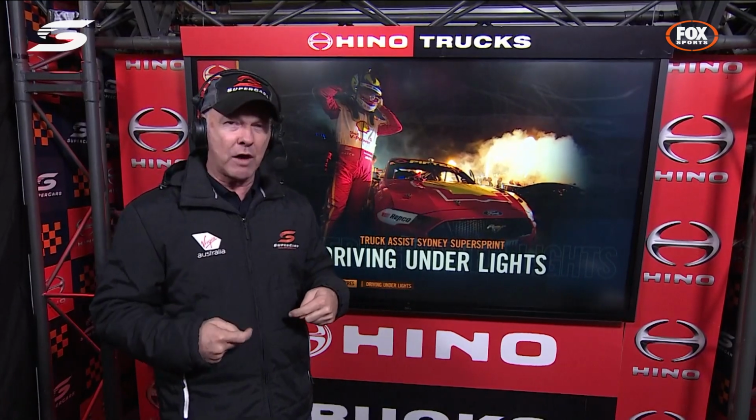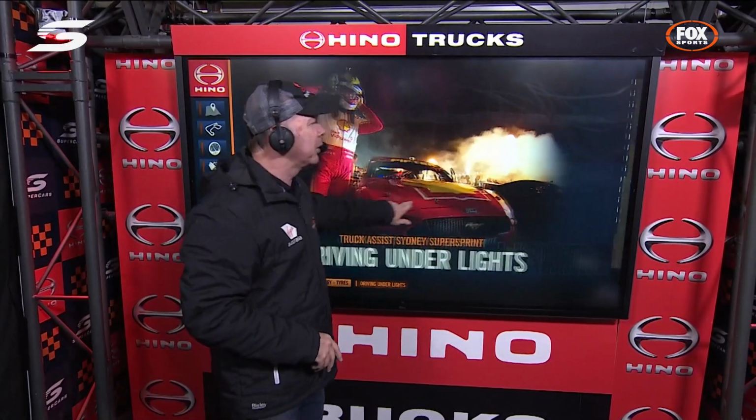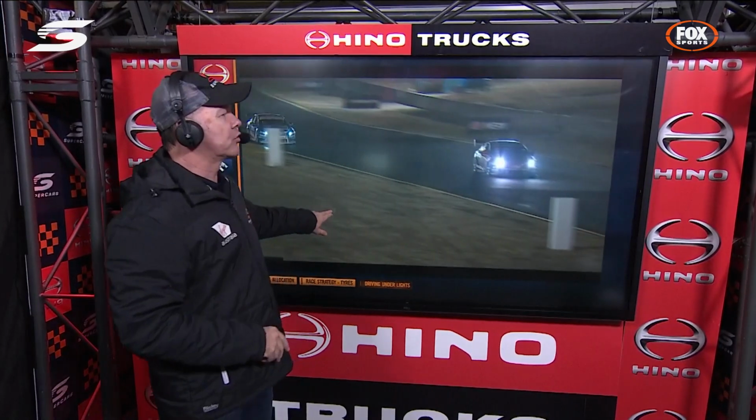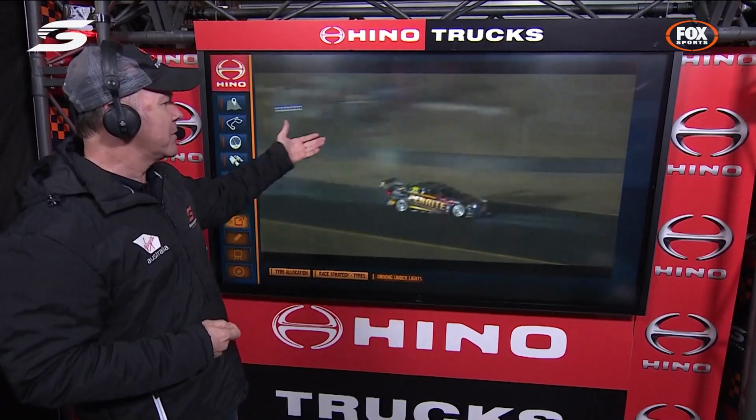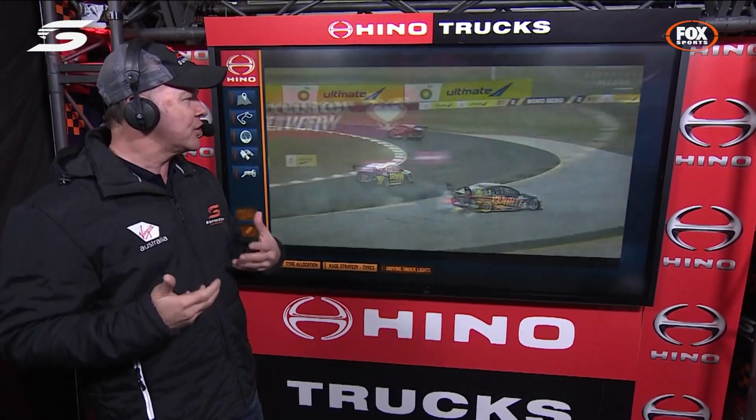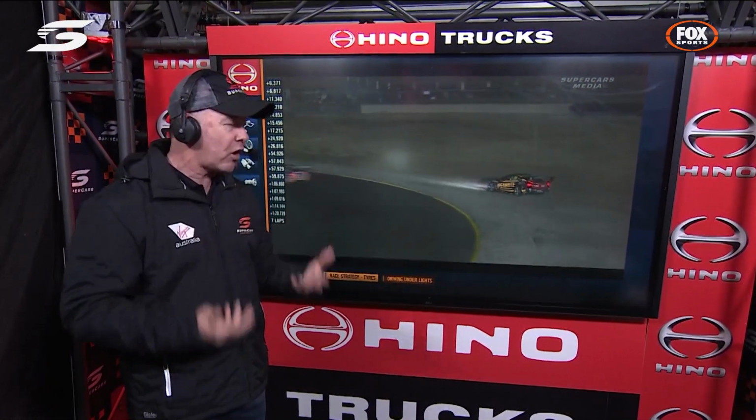But let's come back to the driver for a minute, because there are lots of challenges in terms of driving a race car, because sunlight and ambient light all over a circuit is a completely different thing to when you're driving under lights. Now, if you look at a night, and we morph this from nighttime to daytime, the changes actually aren't that great in terms of the circuit and where it goes and all the rest of it. But from the driver's seat, I can tell you they are profoundly different because, first of all,